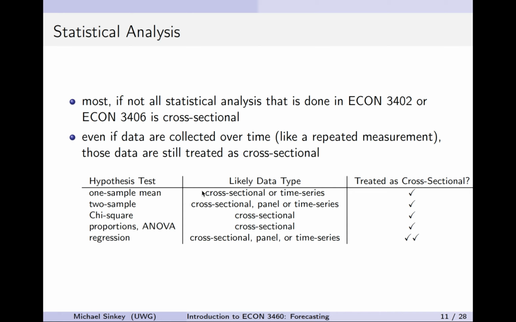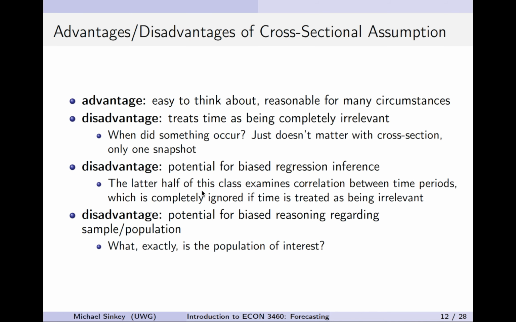So we can do some autoregressive models where we no longer ignore any instances of time. And the ignoring of instances of time is a disadvantage because it ignores correlation between time periods. So our estimates for the slope of a regression are often wrong. The advantage of treating things as a cross-section is that it's easy to think about. So if I just ignore the structure of the data, I can do a lot of statistical analysis pretty simply.